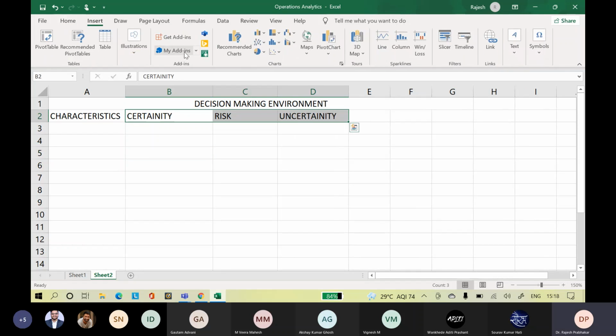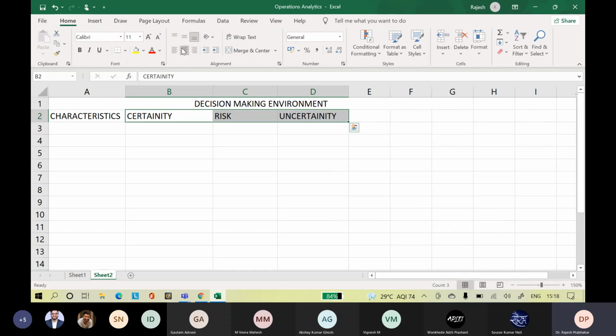So the three important parameters we need to understand when you're making a decision are the certainty part, the risk part, and the uncertainty part. These are the three things you need to understand when making decisions in operations management.